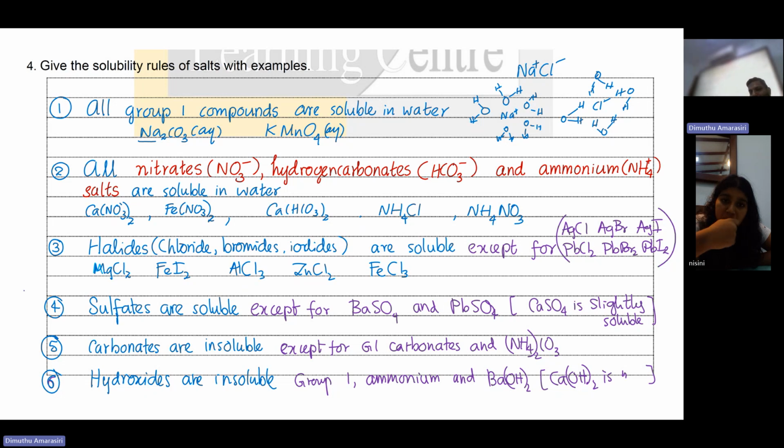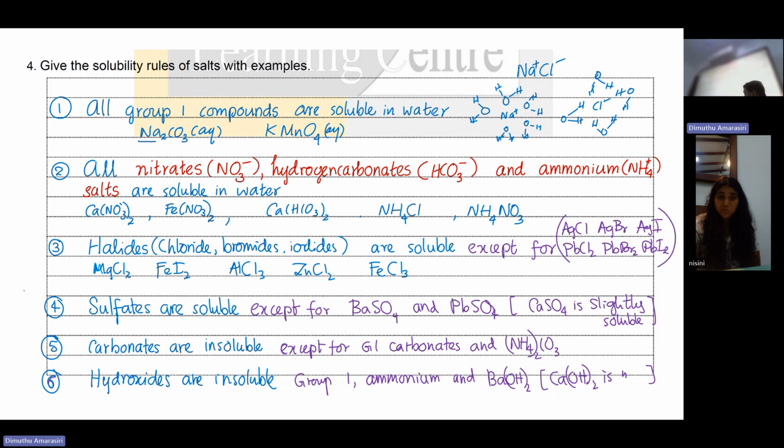Carbonates, no more questions. Last one. Rule number 5. Okay, the last one is not a salt, it's hydroxide. But you also need to know that, because we learn that metal hydroxides are bases, soluble ones are alkalis, the others are insoluble bases. So you need to know which are soluble and which are not.